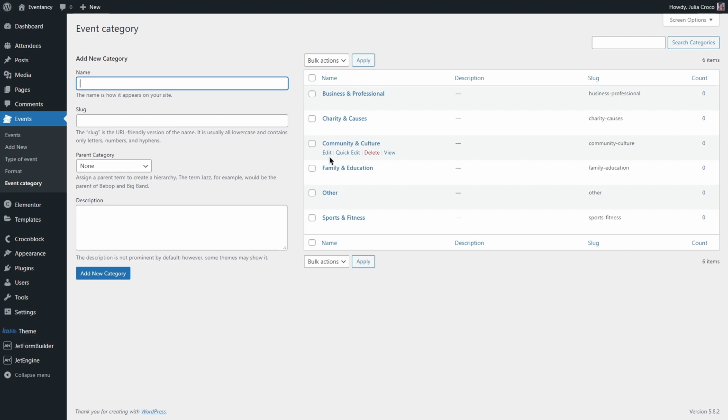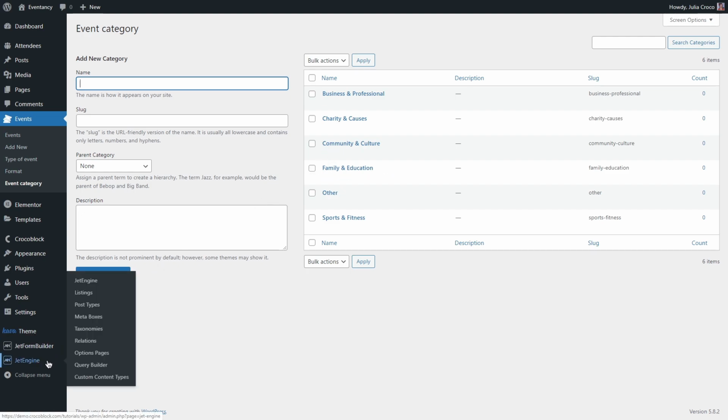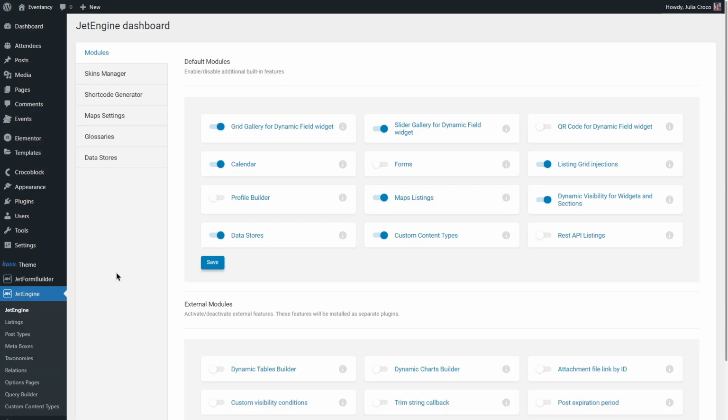Alright, and the last thing is of course Profile Builder. To enable this module, proceed to the JetEngine dashboard, find the Profile Builder in the default modules and enable it. After the Profile Builder module was activated, you're free to operate with it and set it up according to your